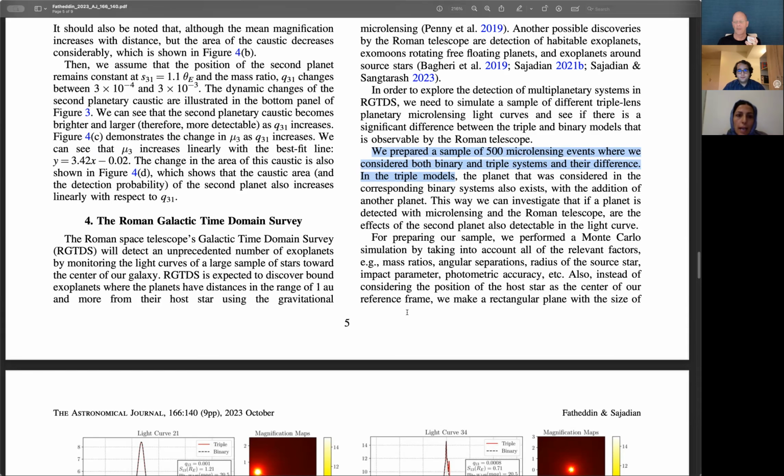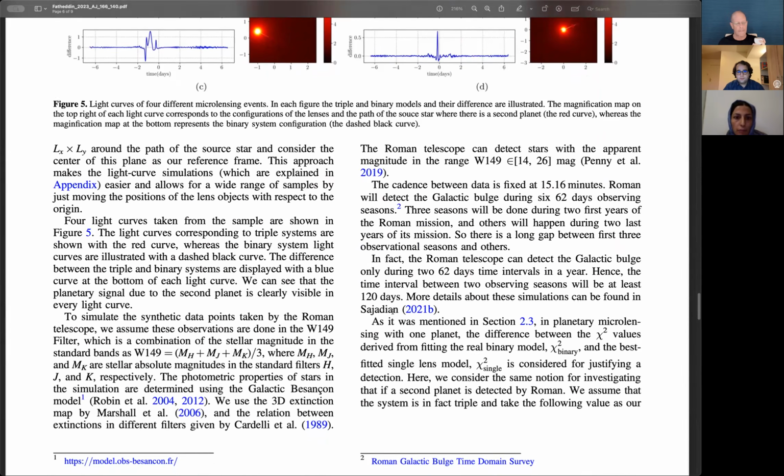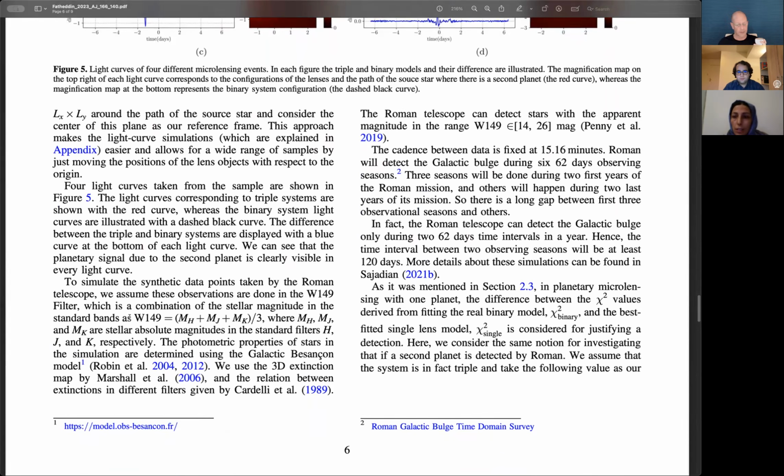Another point is that Roman will observe the galactic bulge in a filter called W149, which is the median of the H, J, and K filters in the standard filter system. So we simulate these data points according to this filter of Roman, and we determine the absolute and the apparent magnitude of the source